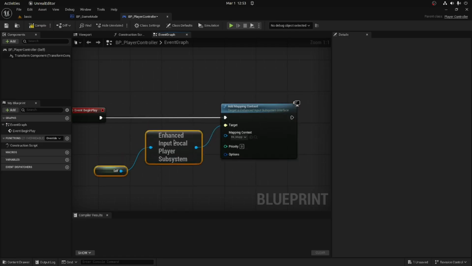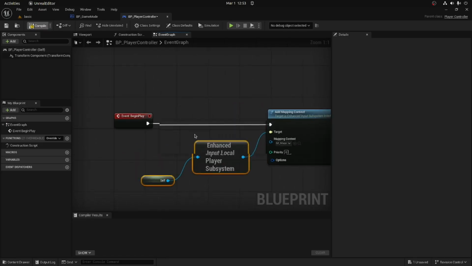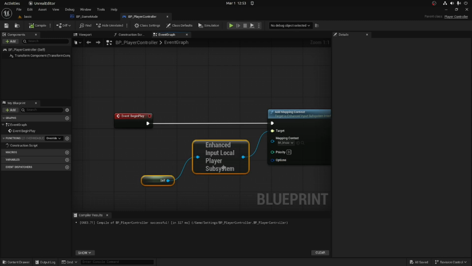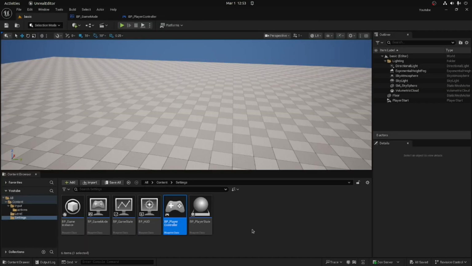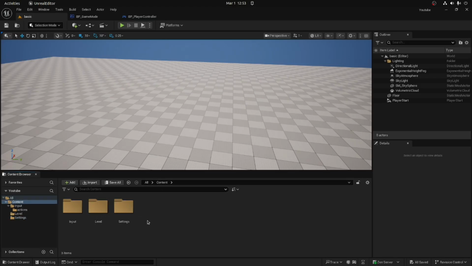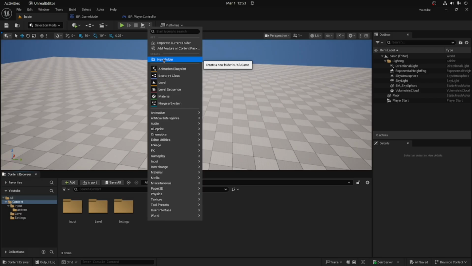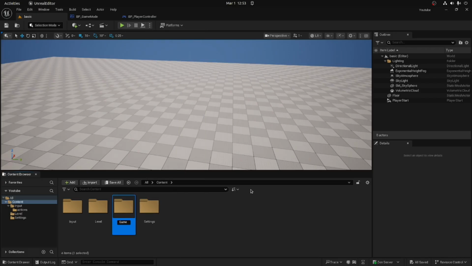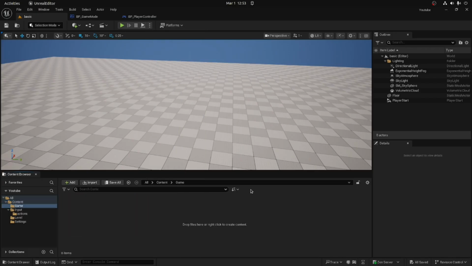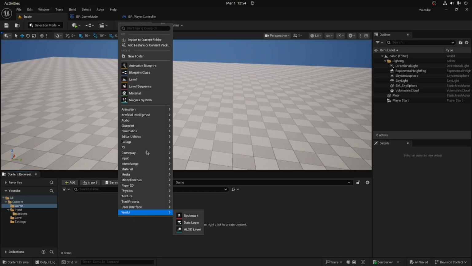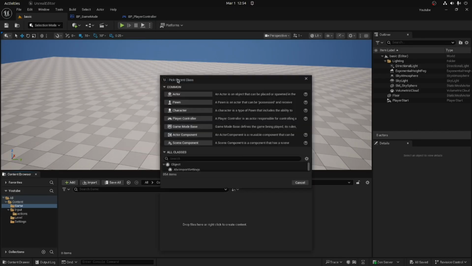Now, I'm going to leave it like this for a second. Hit compile. We'll revisit this. And for now, I'm going to go back a folder into content. I'm going to right click, hit a new folder, and call this game. Inside the game folder, I'm going to right click, blueprint class, and do